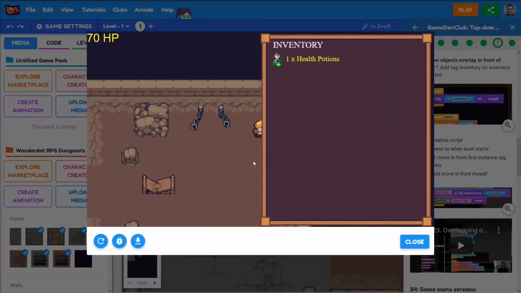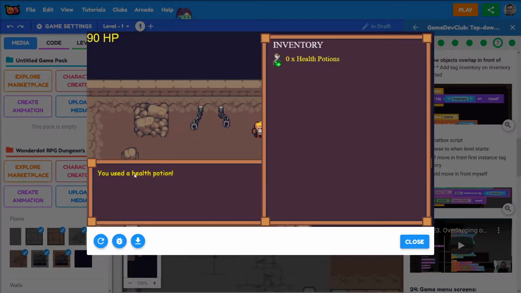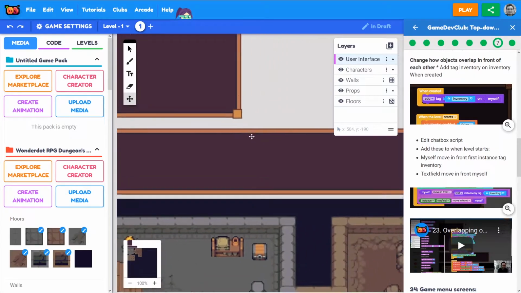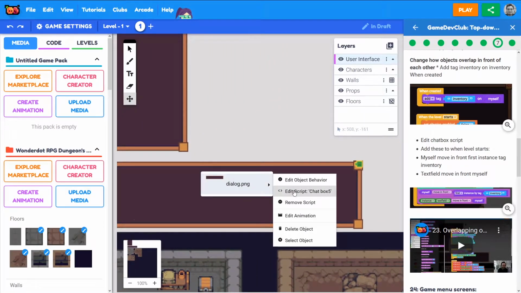Okay, so one little thing with regards to overlapping interface: if I use my health potion, I want this chat box to appear above the inventory. How do I change the order that objects overlap in? Well, if I go to my chat box script and edit that script,